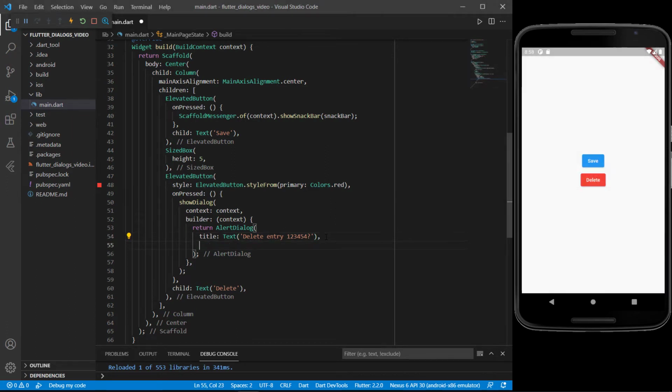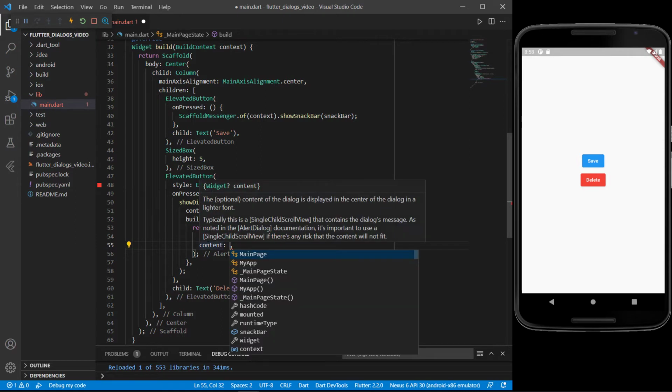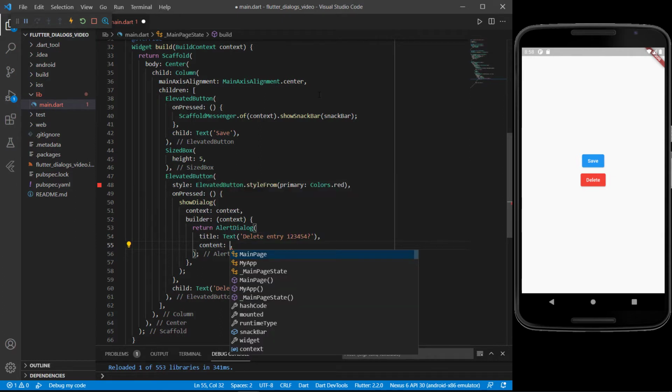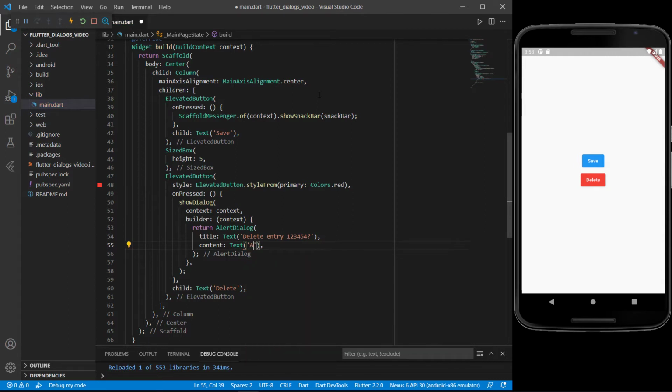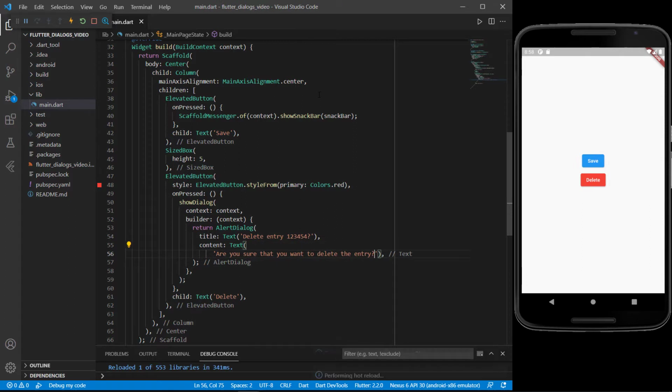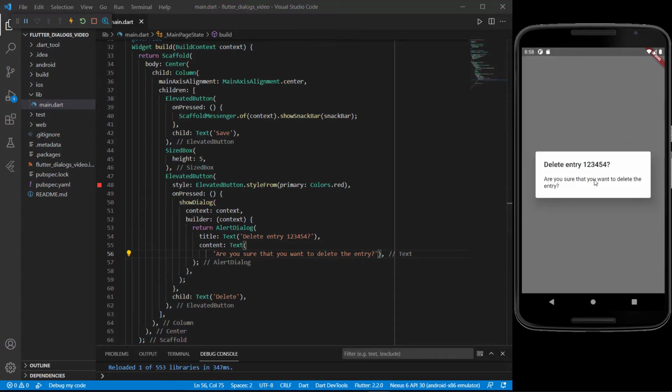Okay, now let's go to the next one, the content of it. And you can see the content is also just a widget. So you can have text, you can have whatever you want there. So maybe say the content, are you sure that you want to delete the entry? So if we save it now, we click on delete entry, are you sure that you want to delete the entry? So now it seems to look something more like a dialog